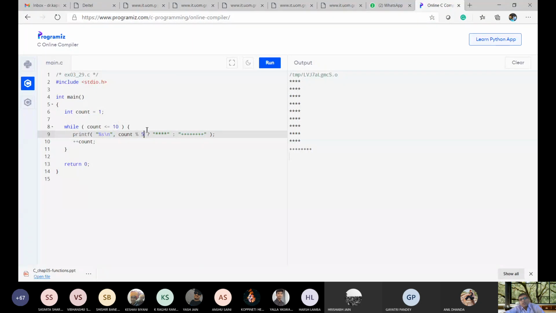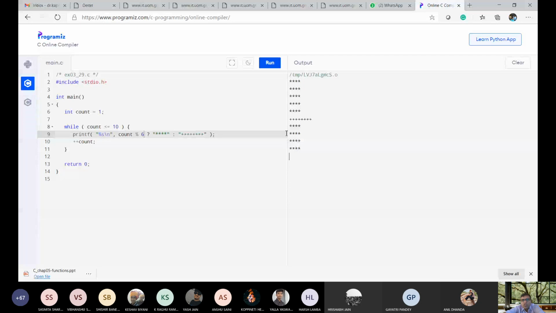If I write 5, then 4 times a star and the fifth one is plus. If I write 6, then 5 times a star and the sixth one is plus, and likewise. So whenever a 0 is encountered, it will print plus.